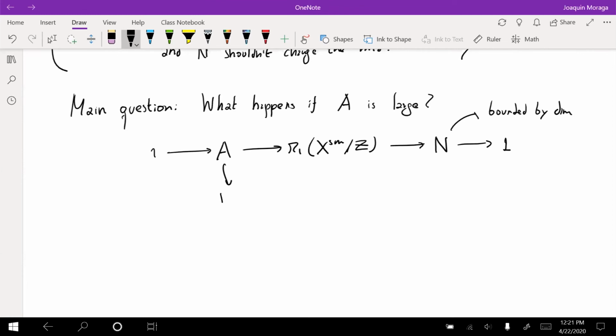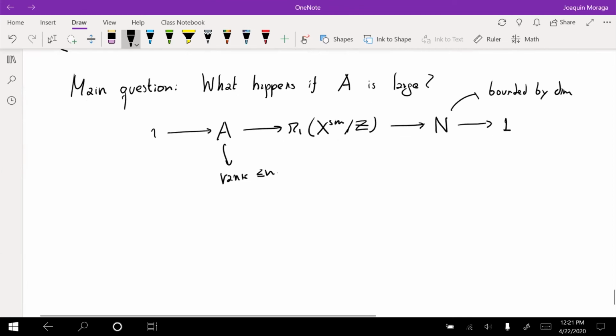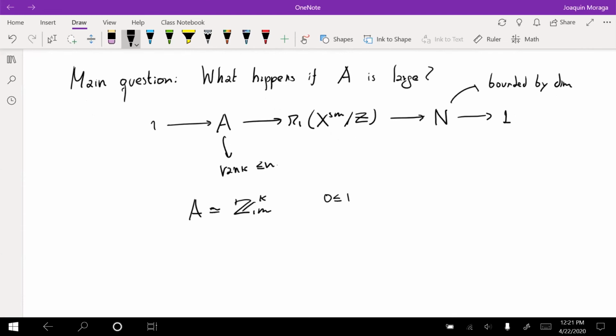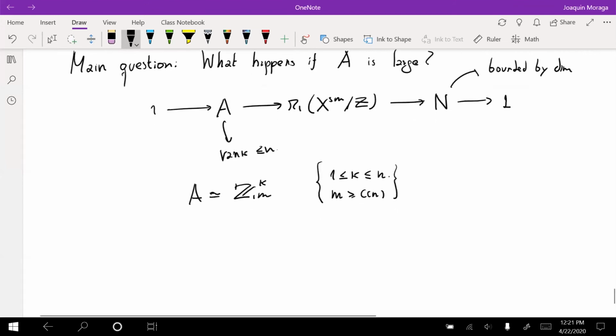And we know that this has rank at most n, but it can be unbounded. So A could be isomorphic to Z_m to the K, where K ranges between 1 and n, and m, let's say, is large compared with n. So it's larger than some constant only depending on the dimension. So then the question becomes, does A